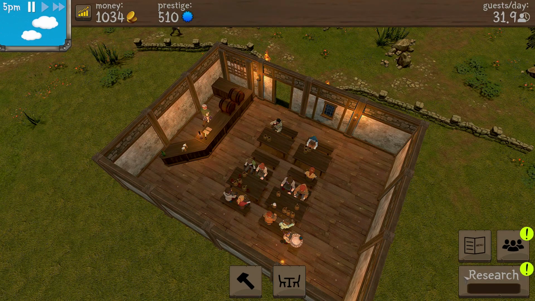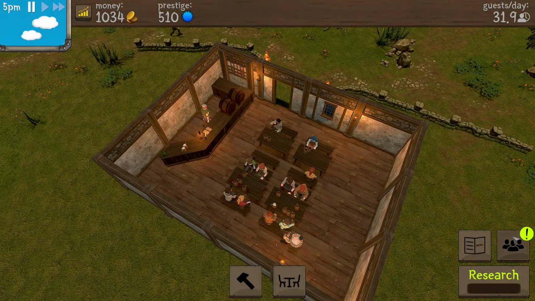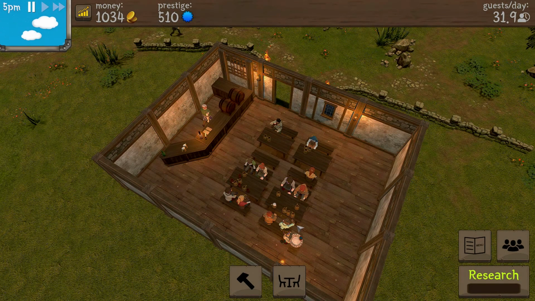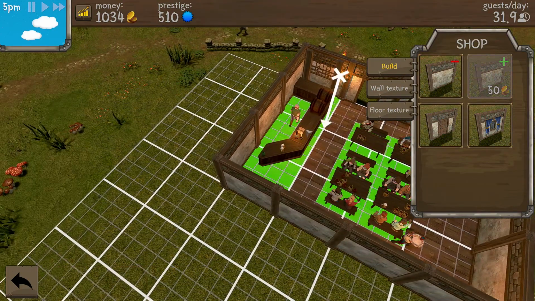All right, so let's pause, go into research, and I think what we're going to do is add another waitress first. Then we're going to do the 7 guests per day and then the lemonade. All right, and we also need to hire a chef, but we can't hire the chef until we add a kitchen. So we will